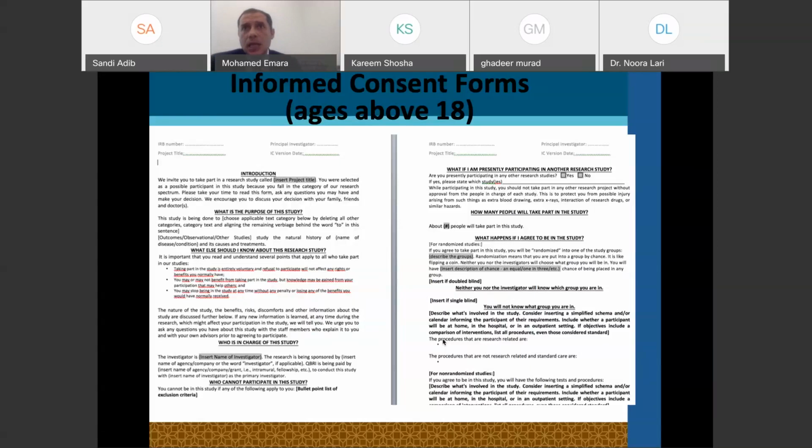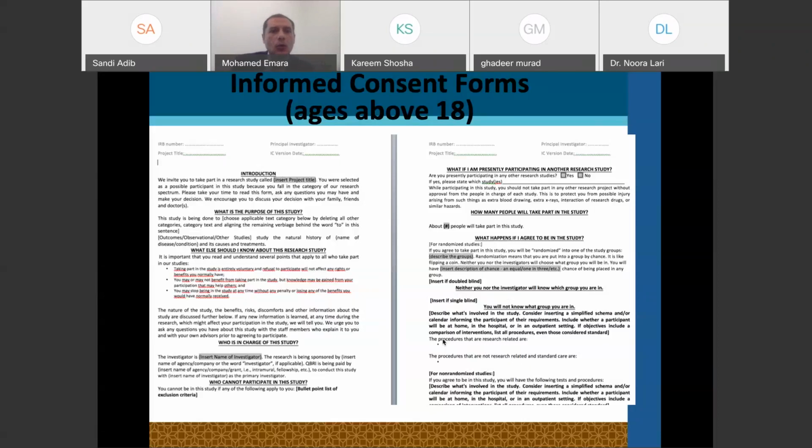But in cases where you don't need to involve your studies, anything with age below 18, and I'm going to explain why later, that would be easier. Because when you go below 18, you're going to full board right away. This is another review part. That's why when you are doing any work here at Qatar University for students, make sure that we only include students above 18, because you might have some students who are below 18.